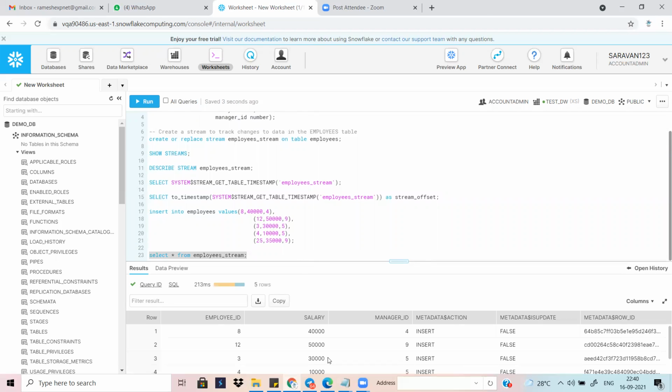All the five records are inserted successfully because the metadata action is insert. Everything is a new record, insert record. Update is false. Row ID is generating a row ID for each and every record.